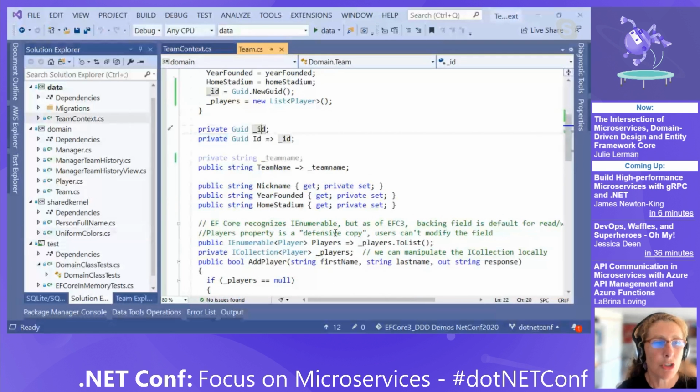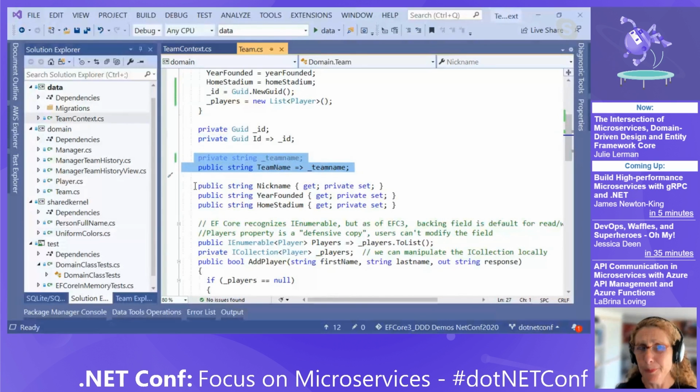The next thing I'm doing is encapsulating the team name. My business logic for doing this is because I wanted to demonstrate another bit of mapping here. So this is really protected. Nobody can touch team name. Again, I'm using the expression body here.